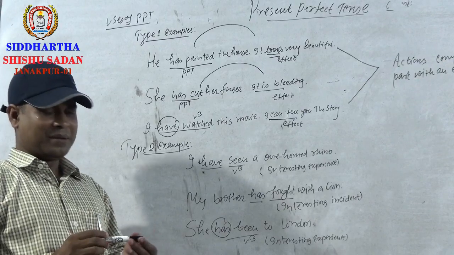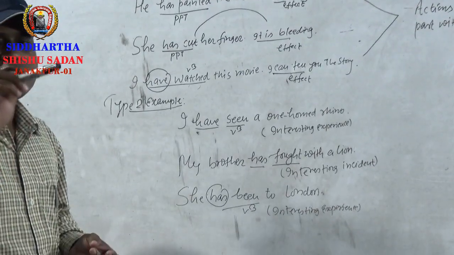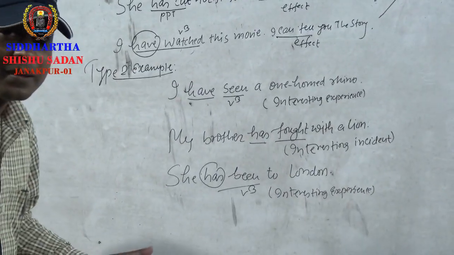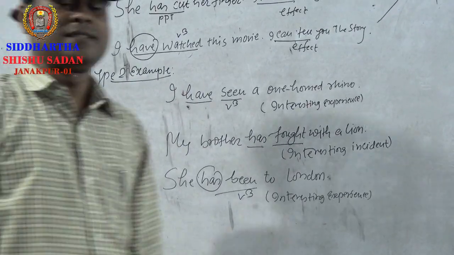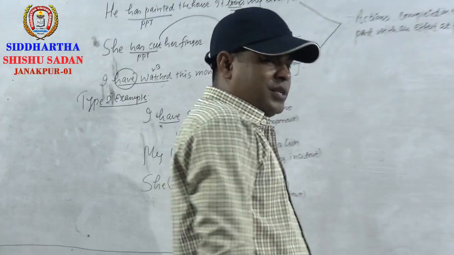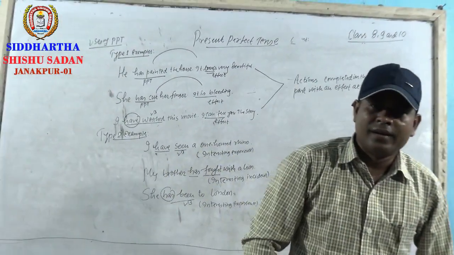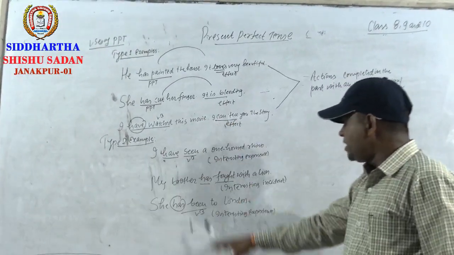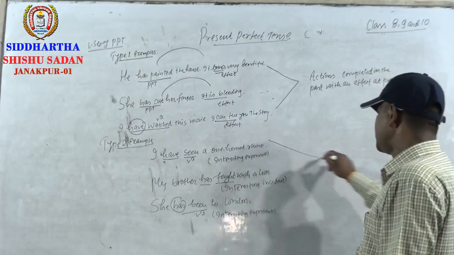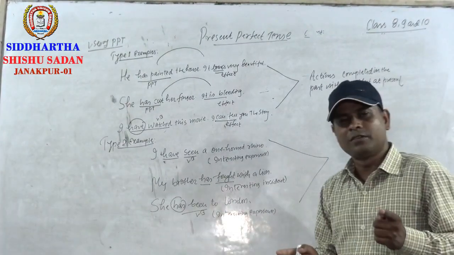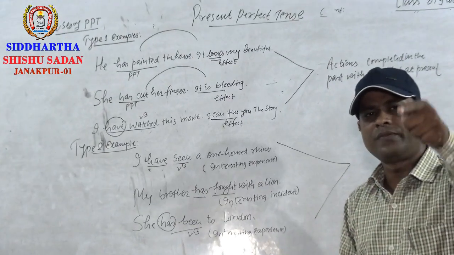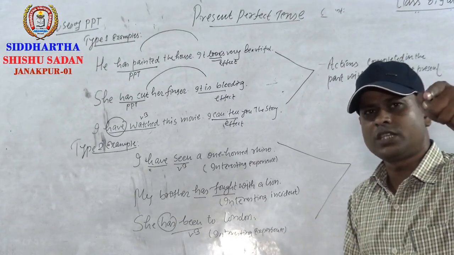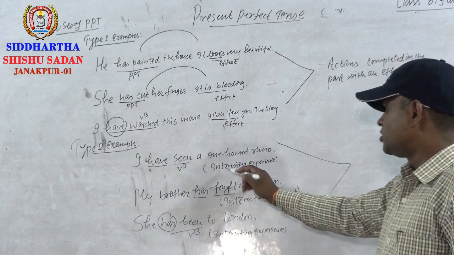So, now what do you say in conclusion? What is the summary of these three examples? Dear students, after observing these three examples, we can say very clearly, with confidence, that present perfect tense is used with interesting